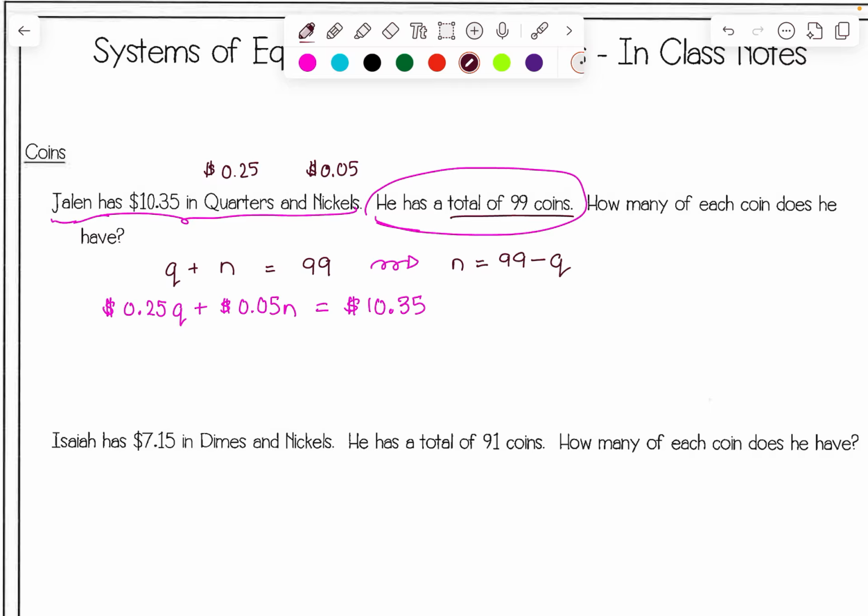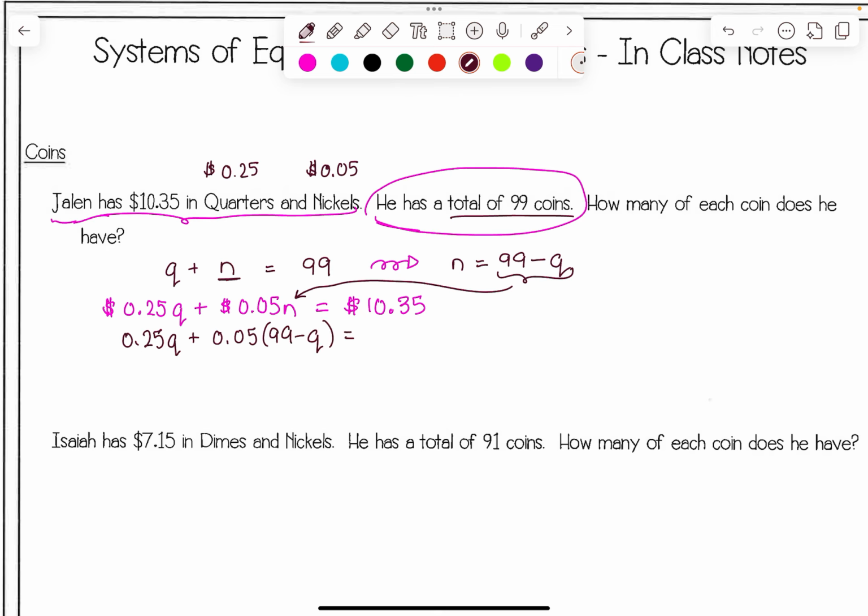So I solve for n. I'm going to now take 99 minus q and plug it into my other equation for n. Here we go. 0.25q plus 0.05 times 99 minus q is equal to